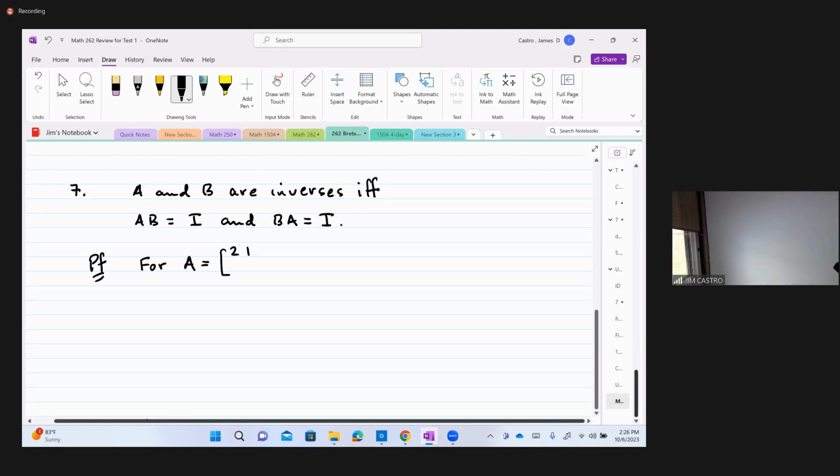So for A equals 2, 1, 6, 8, and B equals 0.8, negative 0.1, negative 0.6, and 0.2,